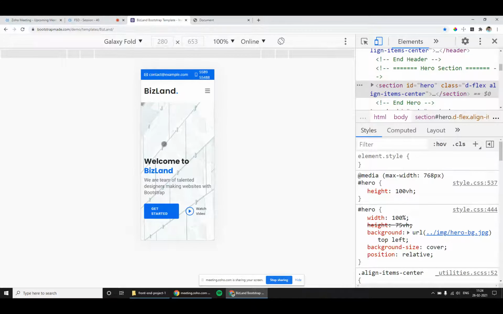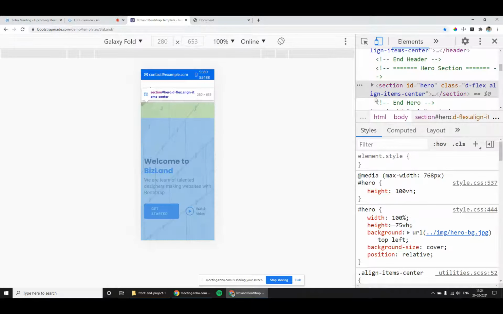Every website will use some set of breakpoints. We need to know that if we are trying to copy 100% of a website, okay, how can we get those breakpoint values? The easiest way is you have to identify the container class.